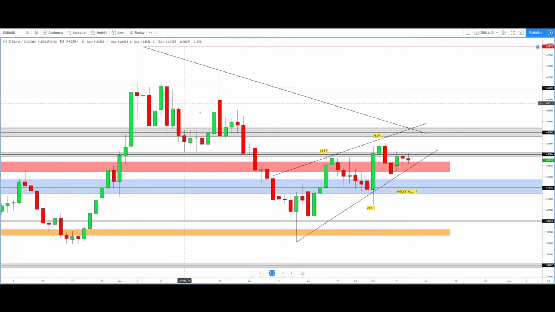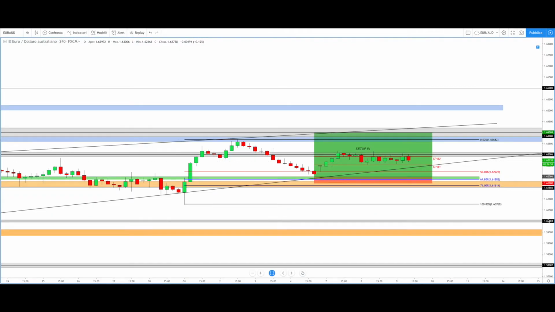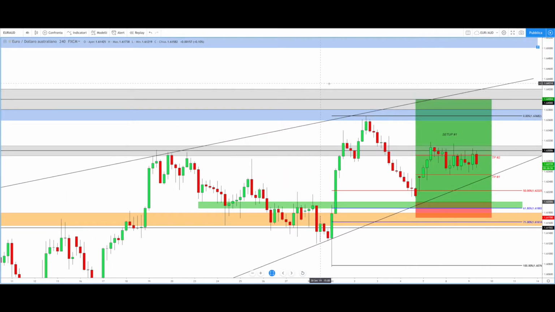We can see that the price here is forming a clear pennant, and I explain in the weekly PDF that we have here a higher high, higher low, higher high, and I expect for this week a higher low before the next bullish movement. But going on the 4-hour time frame, we can look better that the price this week